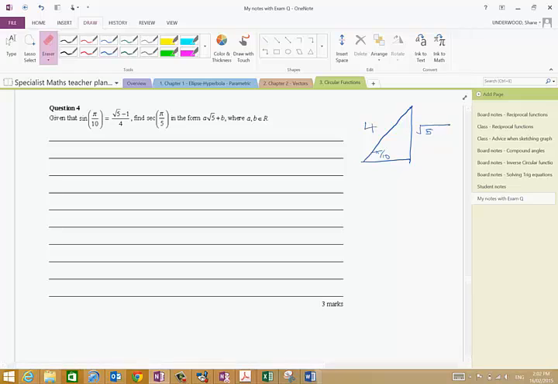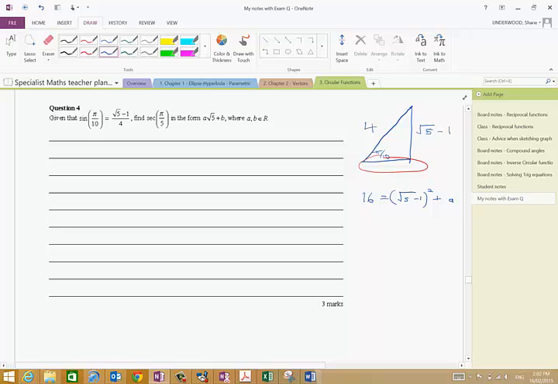Oh, I'm going to get the eraser out, I think. That's a bit ugly. Root 5 minus 1. Okay, so can you tell me then, I've drawn my triangle, what's this missing length here? Well, we know that 4 squared, which is 16, using Pythag, is equal to root 5 minus 1 all squared. Be careful, root 5 minus 1 all squared,